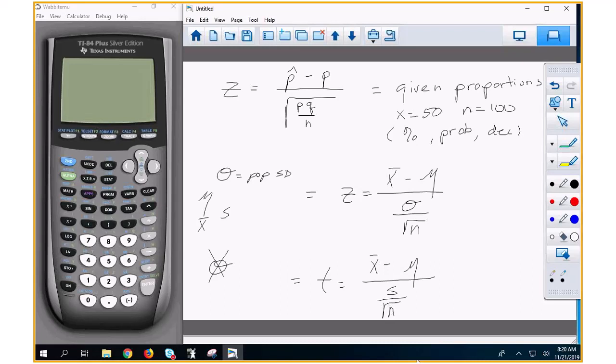Now both of these, you can use the table, this is the table, or your calculator. I'll show you how to do that today. Again, the slides didn't show you how to use it. They just assumed that you knew how to use it. Here, you use the t-table or your calculator.